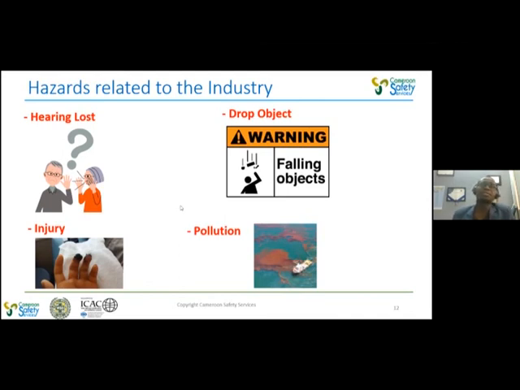under places where there is work at height going on. So this is very critical, and I think most cases of injuries also in the industry are usually from drop objects. So there are a lot of systems that has been put in place in order to avoid drop objects, such as doing hazard hunts, stopping operations and all the crew moving around to check for any potential drop object